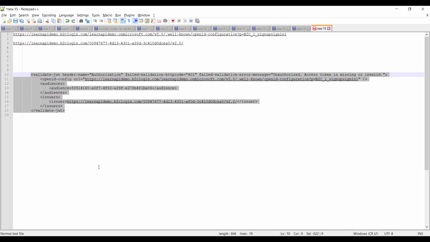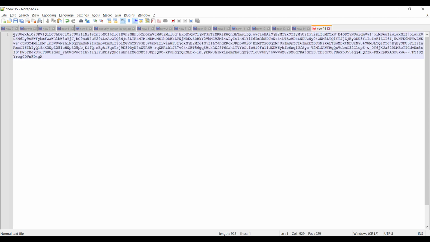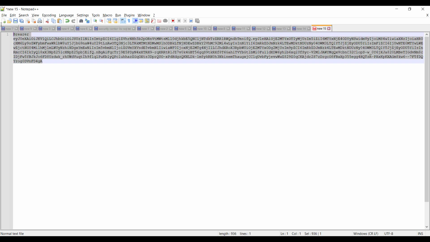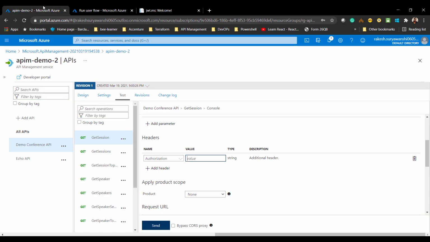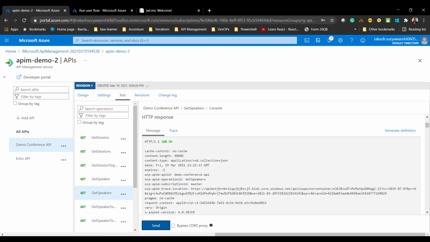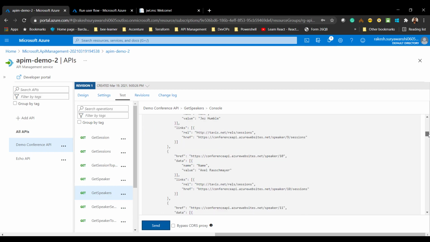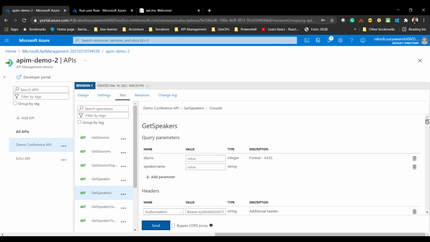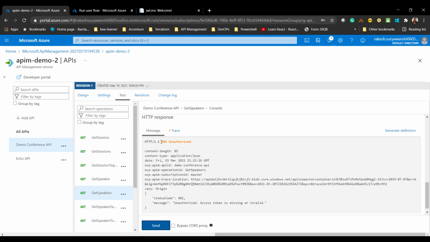So I'll copy the JWT token and I'll use it as the bearer. We need to add a prefix of Bearer. Now I'll go back to the API management portal and paste the bearer token value. Let's run it now. It's working fine. We are getting all the values from that API, and if I do not pass the value or I misconfigure that particular token, then I'm getting the error. So this proves that my API inbound policy is validating the user header along with the subscription key.